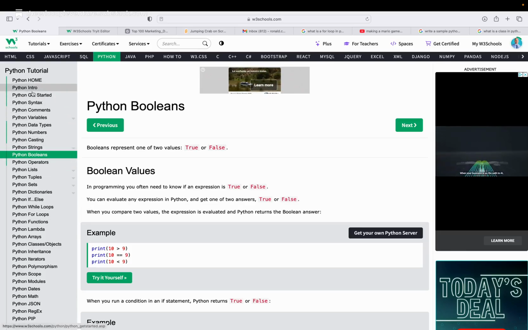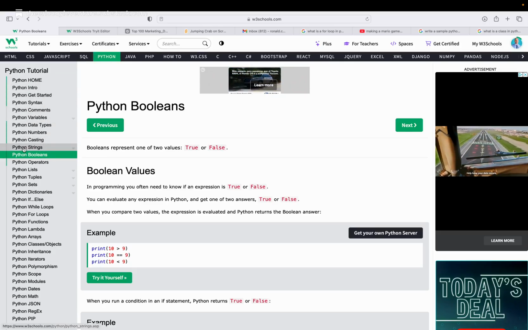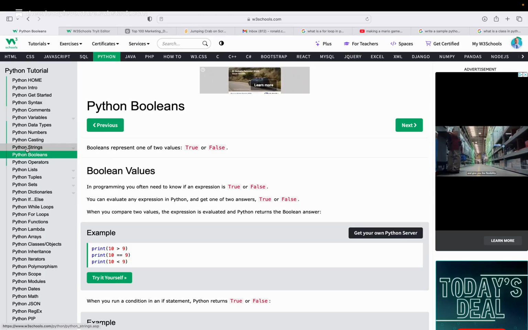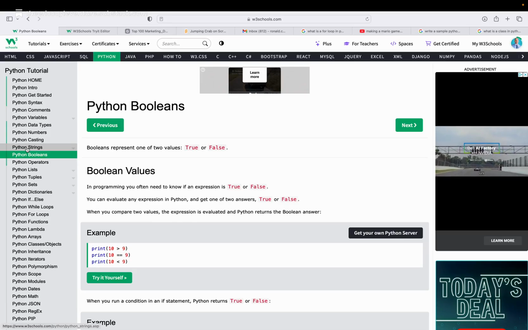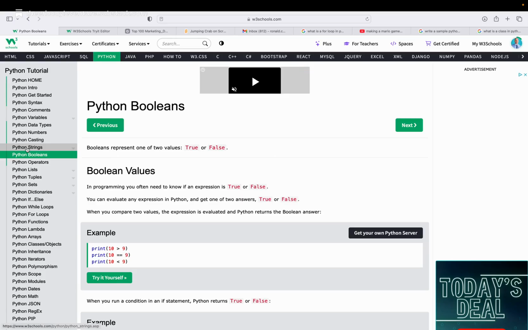I've already gone over some basic syntax, comments, variables, data types, numbers, casting, strings. Most of these are done pretty good. I think I had some interesting challenges with strings. Notably so, again, not a programmer by nature. Just want to show you that it is possible to get through this type of training, but you do have to stick with it. So hopefully the daily videos will at least